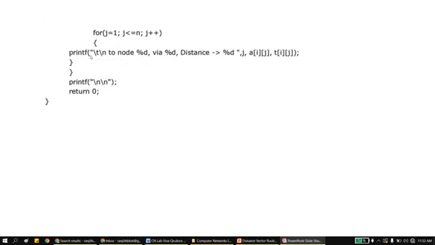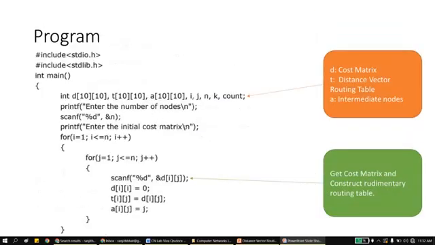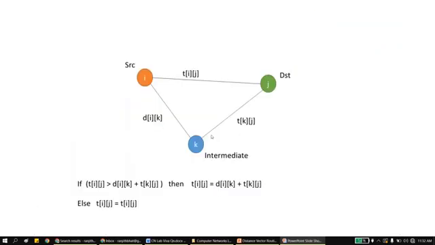So how is it going to be? printf, from that particular node to this node, what is the distance? So from j to A of i j, that is, from the via node to the intermediate node, this is going to be the cost. So print all the values so that you will have the new distance vector